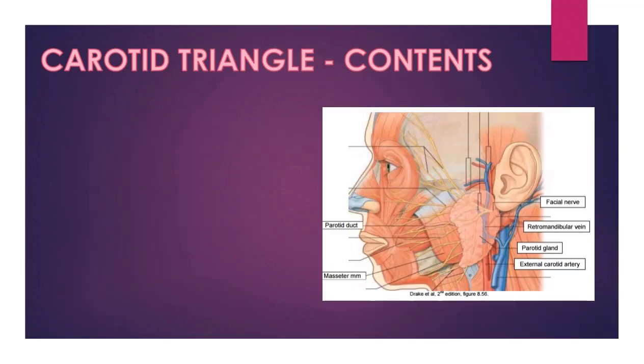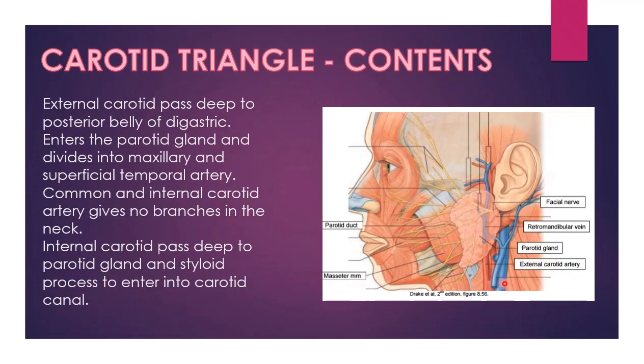Now, contents. The external carotid artery, which starts at the upper border of the thyroid cartilage, then ascends in the carotid triangle. The common carotid artery is under the cover of sternocleidomastoid for most part. Only in the upper part of the carotid triangle, you can see it is not covered by the sternocleidomastoid. Then the external carotid artery passes deep to the posterior belly of digastric,